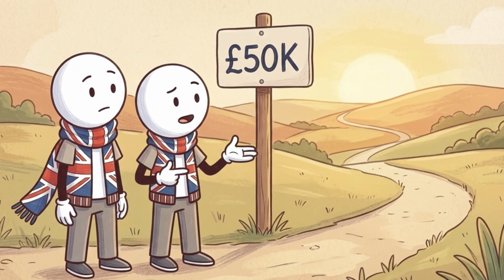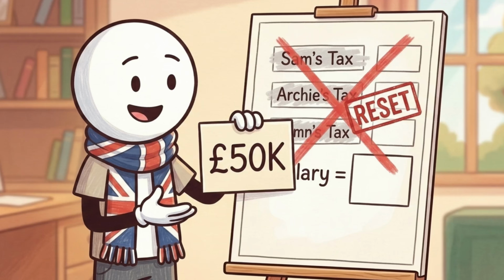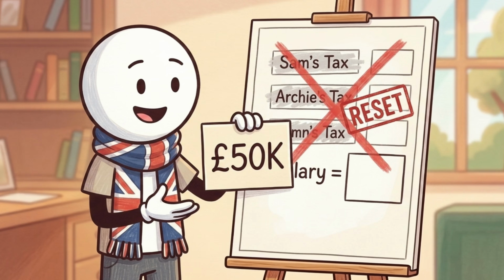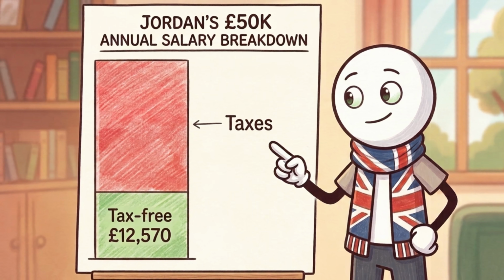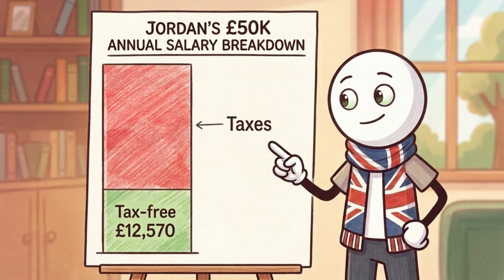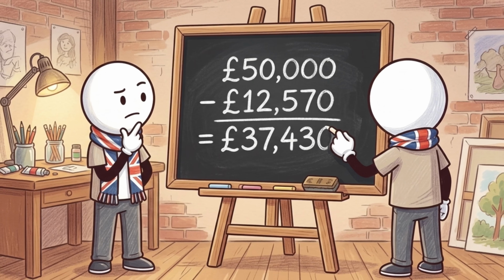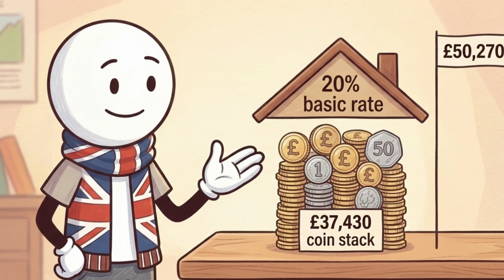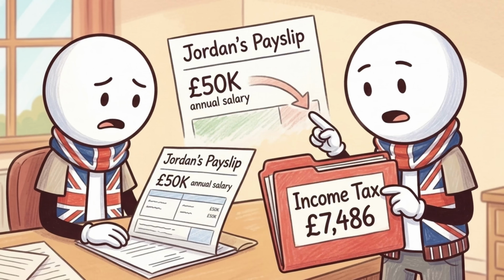£50,000, more money, but not a finish line. Jordan earns £50,000, same starting point. The first £12,570 is tax-free. That leaves £37,430. All of that remains inside the basic rate income tax band of 20%. So Jordan pays